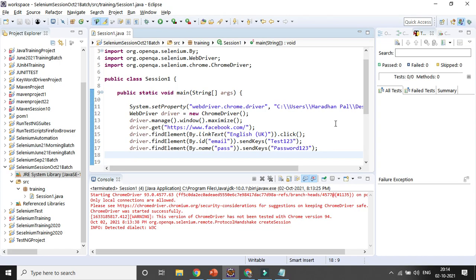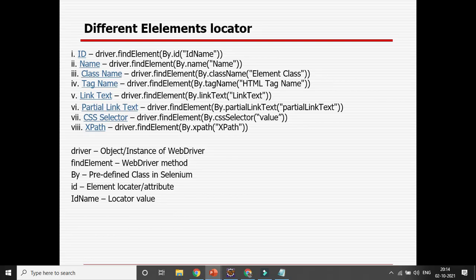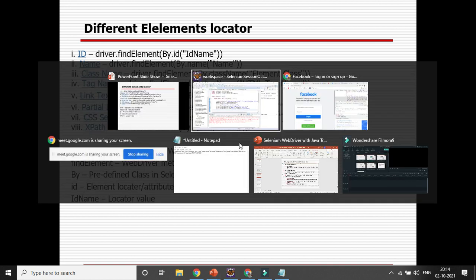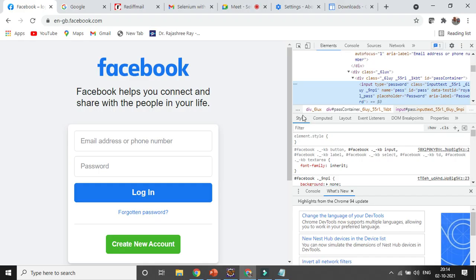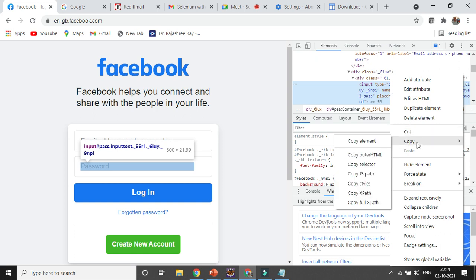Now you have already seen link text, partial link text, ID, name. But now I will show you the default CSS selector and XPath. In the upcoming session I will show you how to create your customized XPath or CSS selector. If you cannot identify an element uniquely with the name or ID, suppose the pass name is duplicate there, definitely first you need to identify the element uniquely. So in case your name, ID, or other locators are not working, you can go for the default XPath, right?